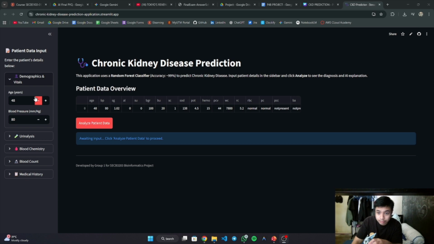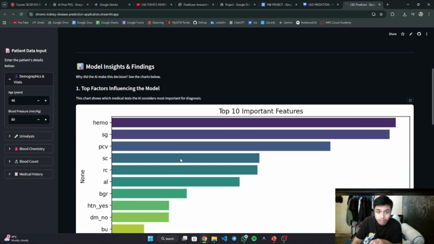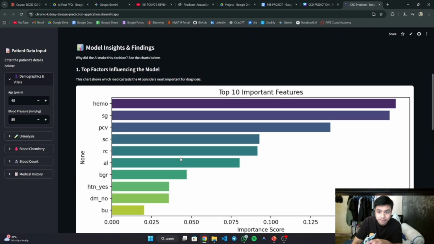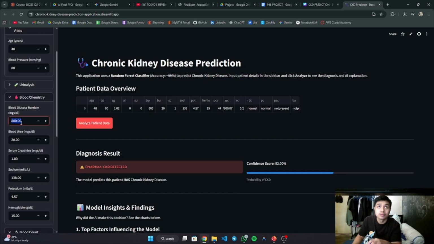Let's test a healthy patient profile: someone with normal blood pressure and high hemoglobin. I'll click analyze and inspect. The result will show that no CKD is detected, indicated by the green color. Here you can also see how the model arrives at the result and makes the prediction. And also, you can see here, if we change the input,